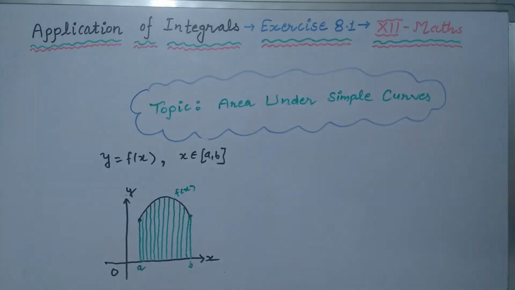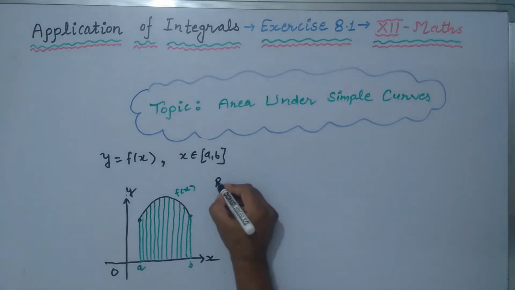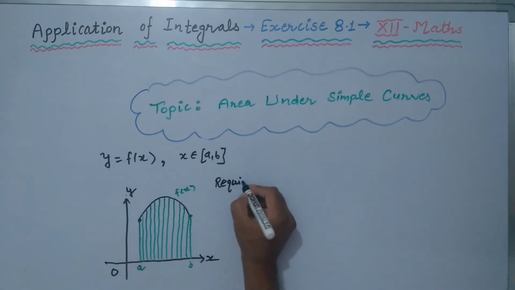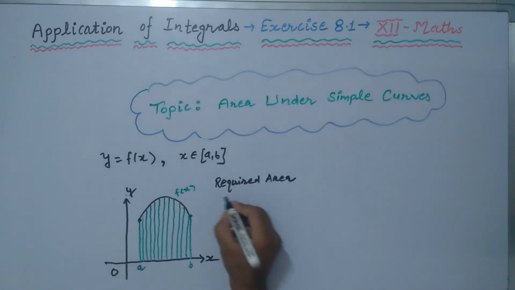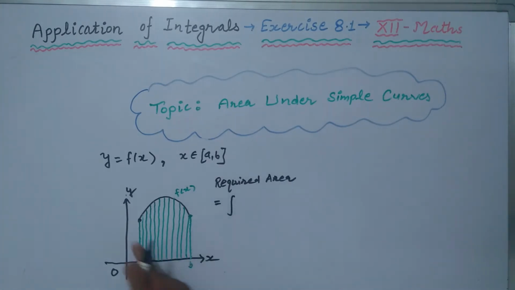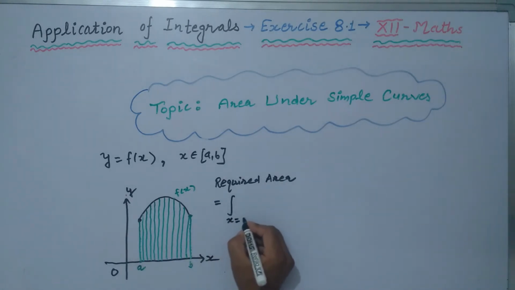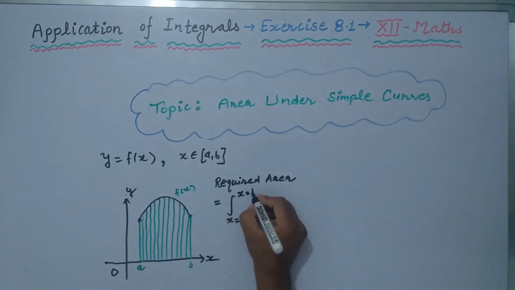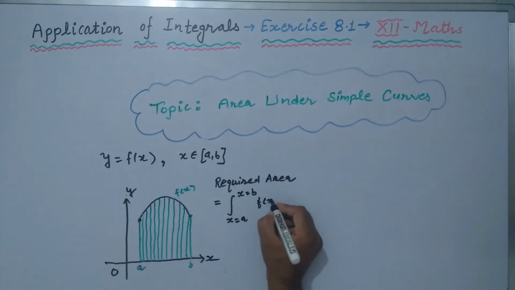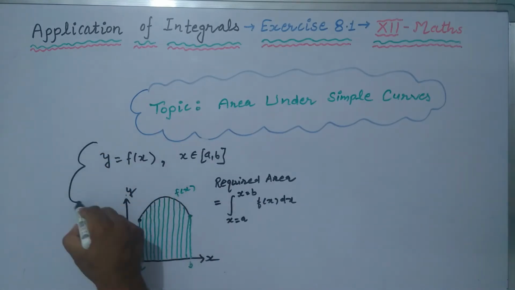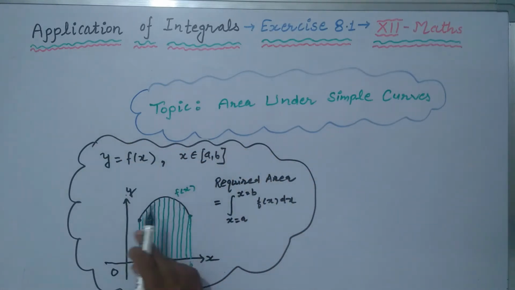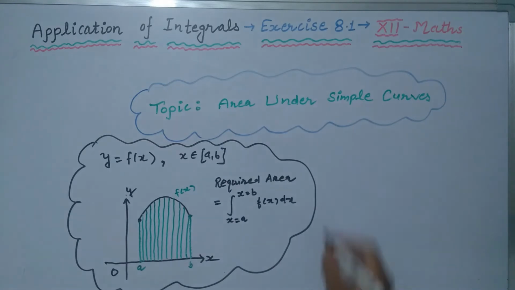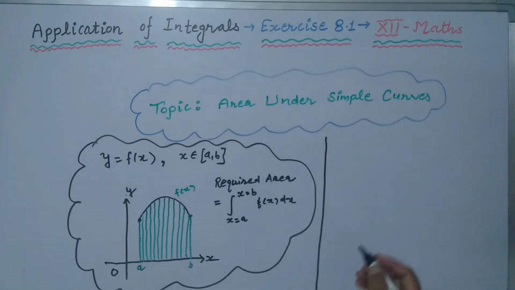The formula is: required area under the curve is equal to the integral with limits x is equal to a to x is equal to b of f of x dx. This is the way. If we substitute here, we can find the area which is enclosed under the curve f of x. Similarly, if the function is like this,